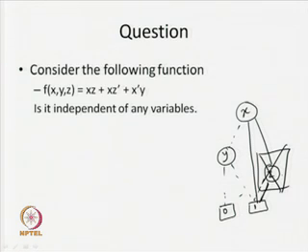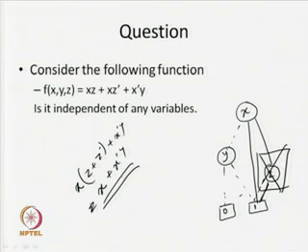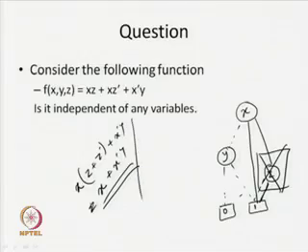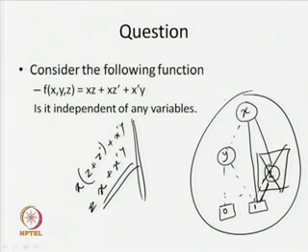This is a small function, so we can do the Boolean manipulation also. What am I going to get from this function, x z plus z bar plus x bar y? x z plus z bar is equal to 1, so this is x plus x bar y. With simple Boolean manipulation also we can say that this function is independent of variable z. But if I give a bigger expression, such manipulation may not be that simple. If you have the BDD representation, from it we can say that this function is independent of